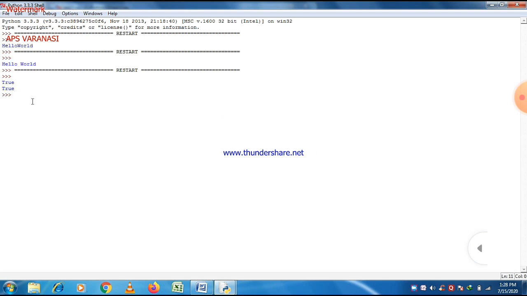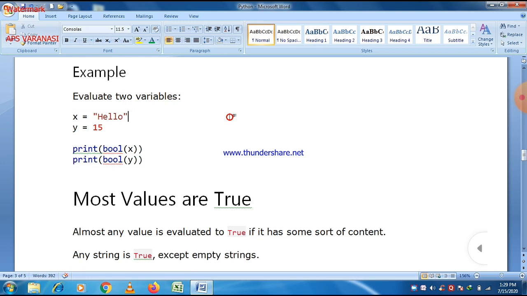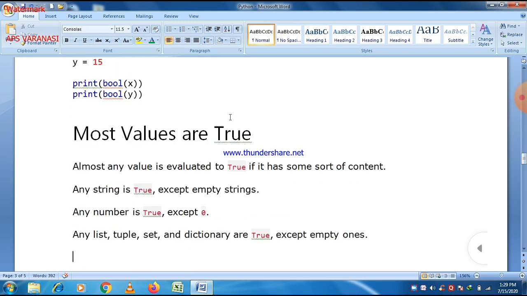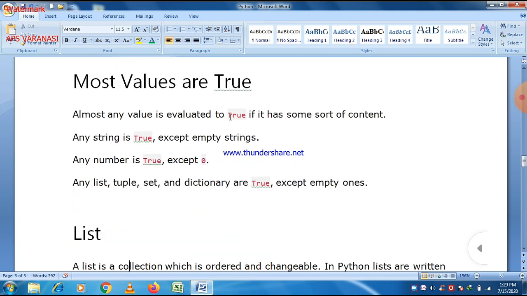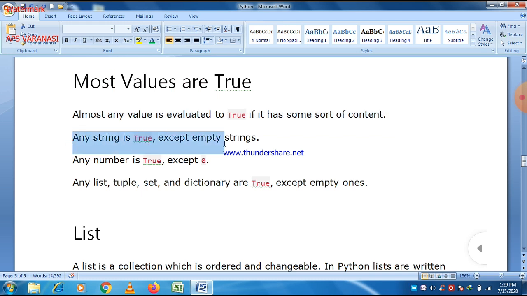Both answers will be true, and in the first case there is a string and in the second case there is a number, so it gives us a true value. Why does it give a true value? Because almost any value is true if it has some sort of content, and any string is true except the empty string. That is a very important point. Any string is true except the empty string, and any number is true except 0.